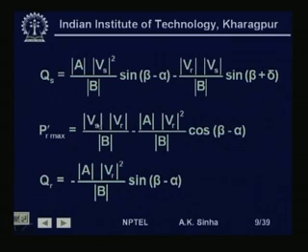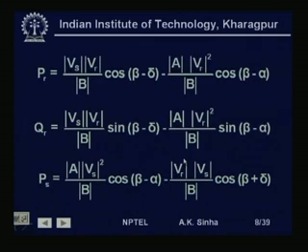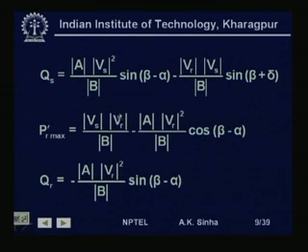That will be equal to PR max. This is equal to Vs Vr by B, and when we make beta equal to delta, then cos of beta minus delta is equal to 1, and this will be the maximum value. That is what we get here: Vs Vr by B minus A VR square by B into cos beta minus alpha. Corresponding to this maximum power, the reactive power at the receiving end is given by minus A VR square by B into sin